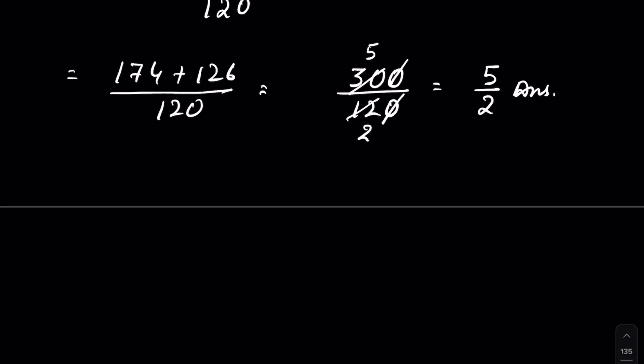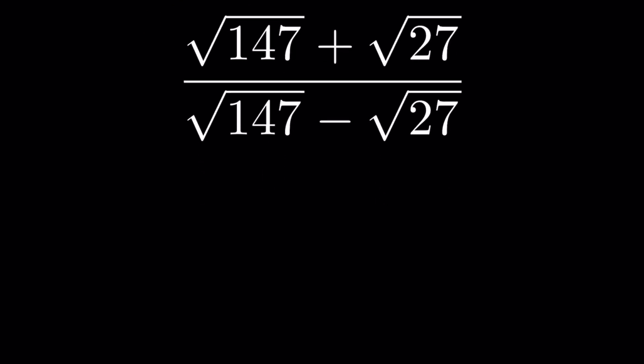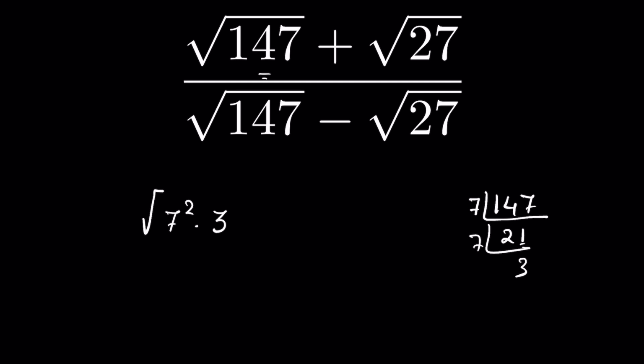Now let's try method 2, and let me know in the comment section which method you like more. In method 2, we simplify the radical first. So 147 we can write as 7 square times 3. For this, you can factorize 147. Start dividing it by 7: 7 times 2 is 14, 7 times 1 is 7, then 7 times 3 is 21. So square root of 7 square times 3 plus square root of 27, which is square root of 3 square times 3,